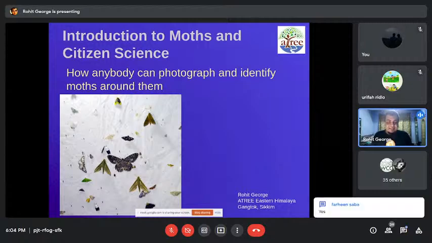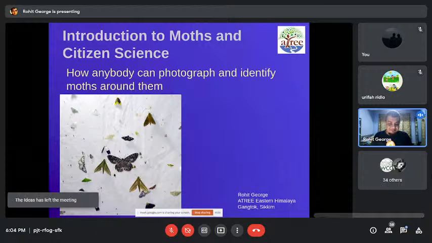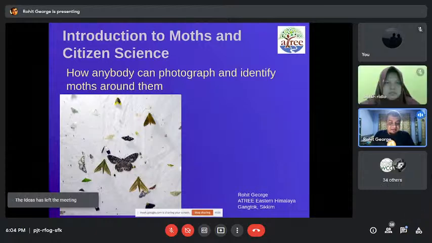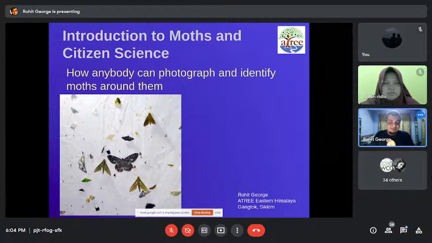So at the beginning, I need to just clarify, I'm definitely not an expert. I am very interested in moths. I have been documenting moths for more than 10 years, but I don't have a background in biology. I came in as an amateur, and I believe most of the people here also are not experts in anything, are interested in learning as amateurs. So I've made my presentation with that in mind. So hopefully you all will find this helpful. And I will try and answer as many questions as I can at the end of the presentation.